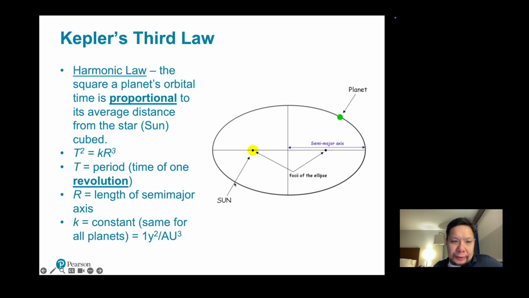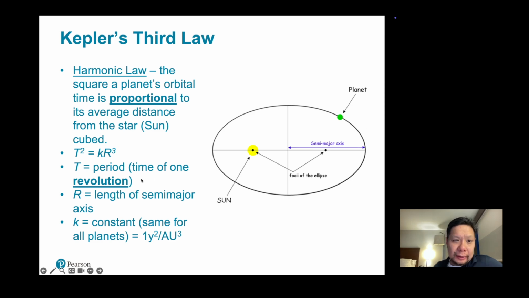If we went a little further and talked about it, you could say that the time squared for one full revolution around the sun for the planet is equal to